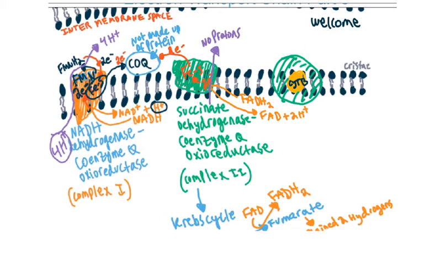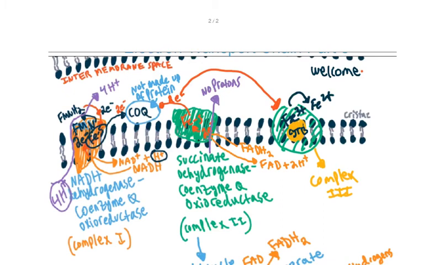Right, so this is a quick recap. This is complex 3, right? And so these electrons, as they got transferred, we said those Fe3+ iron atoms in the 3+ oxidation state receive those electrons. Oops, not from there, sorry about that. From the coenzyme Q, right? And as they received those electrons, they kept on going to the 2+ oxidation state, right? So Fe2+, and then we'll see in this video, along with complex 4 and cytochrome C, that then